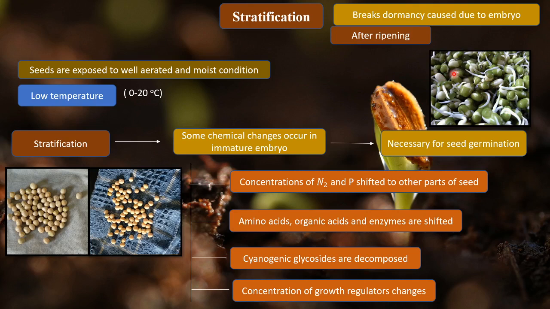and a very good example of both stratification and scarification that we do at our homes is preparation of sprouts from whatever pulses we use, right? So this is mung seed. What we do to make it sprout, we keep it overnight in water, right? That will lead to imbibition of water, right? That process is scarification, where we are allowing some chemical changes in the seeds, correct?